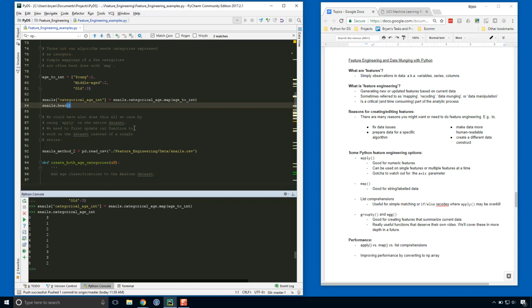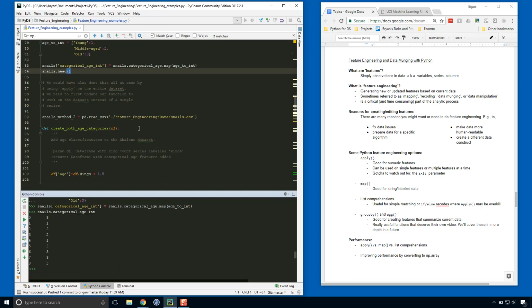So the way that you would do multiple things is you pass the entire data set to apply, and you write a function that works across that, and within the function you call the columns that you want to call. And here we'll do that real quick. Yes, this is why I did this. Now I remember. We're gonna call that